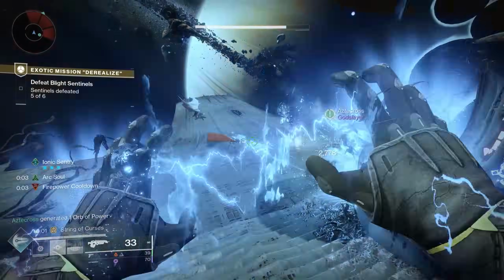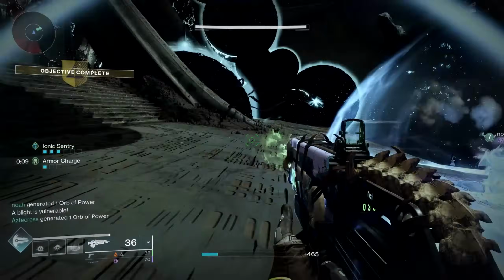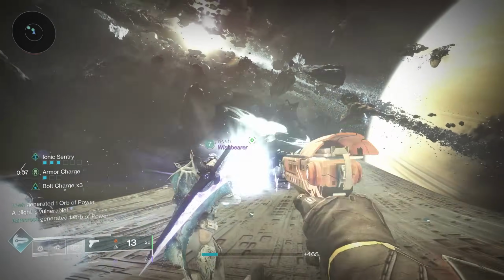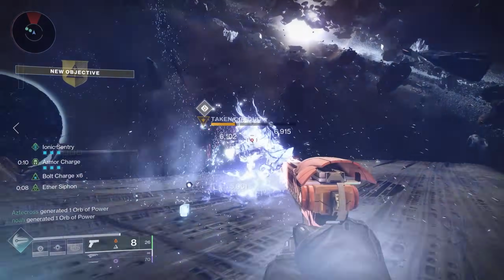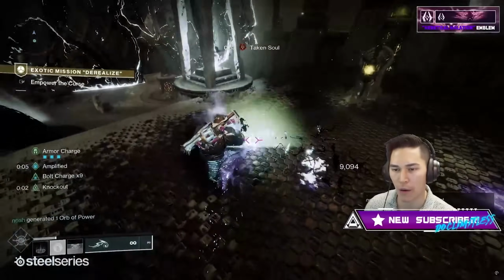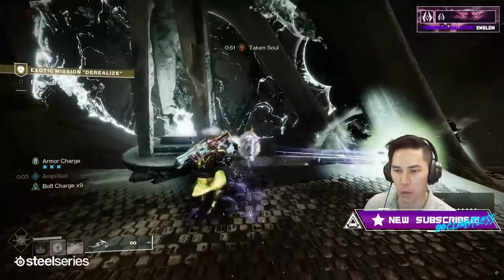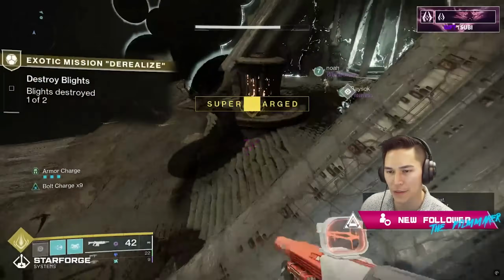Now among them will be 6 enemies called Blight Sentinels, who you'll have to take out. This will then cause 2 yellow bar ogres to spawn, who upon defeating will drop the taken curse from the earlier quest steps. Now this works practically the exact same way, where you'll have to kill a bunch of enemies to empower this curse, to pick it up and get to blast it. Now you'll know you've killed enough enemies when the mission objective changes to destroy blights,